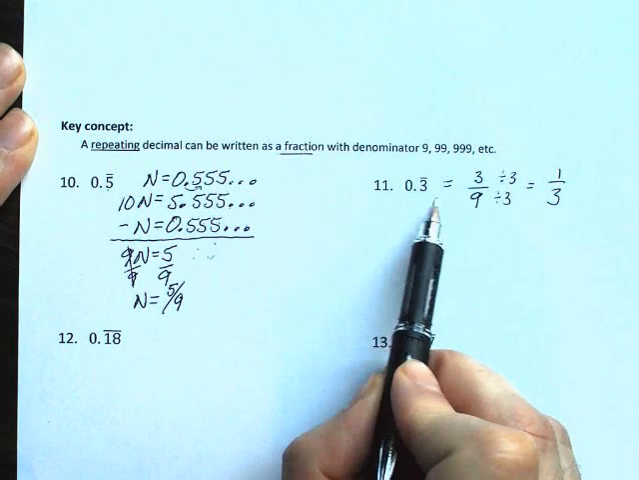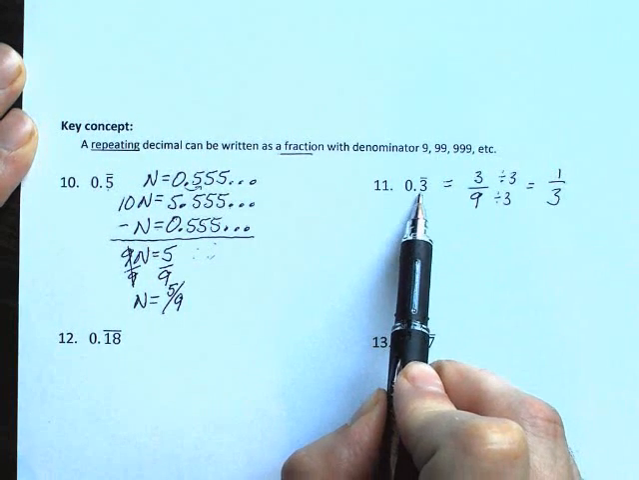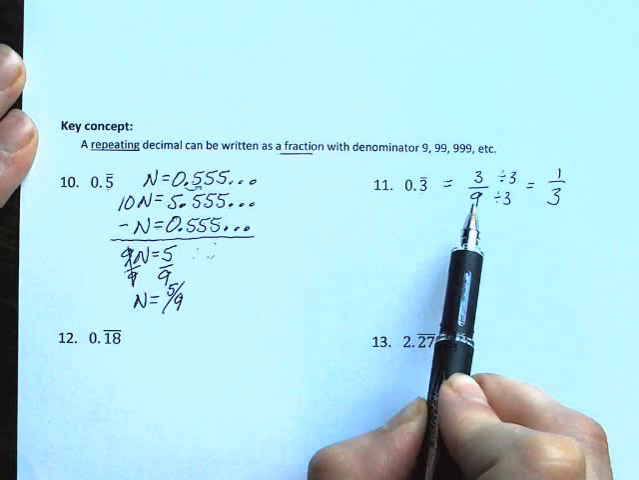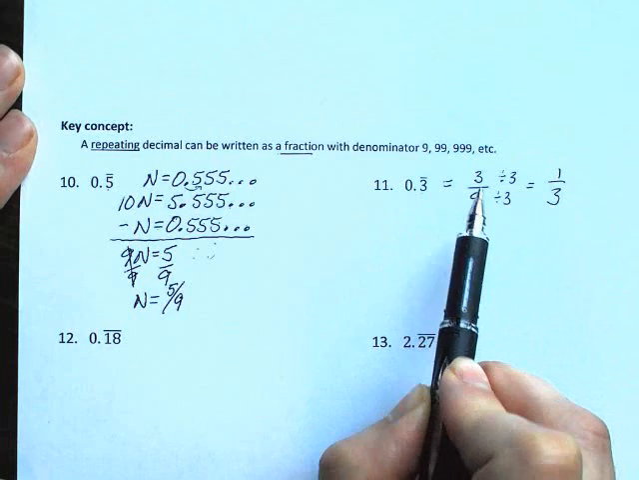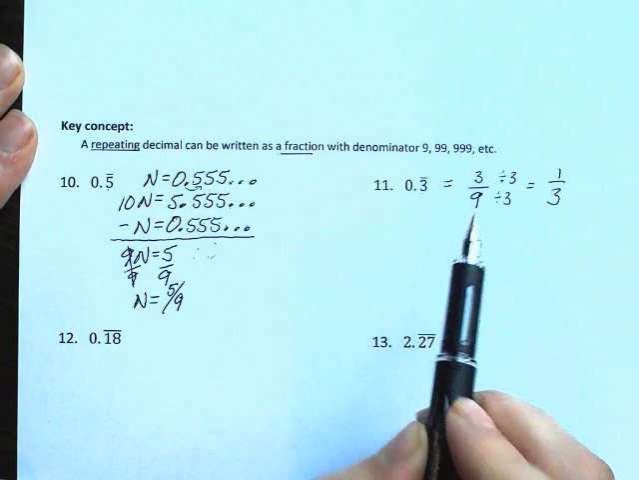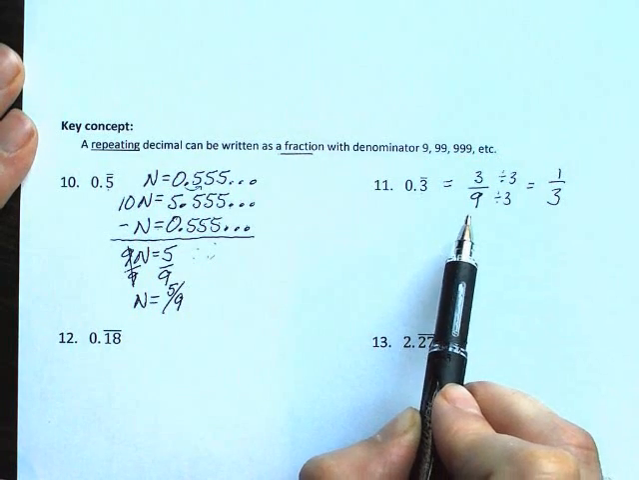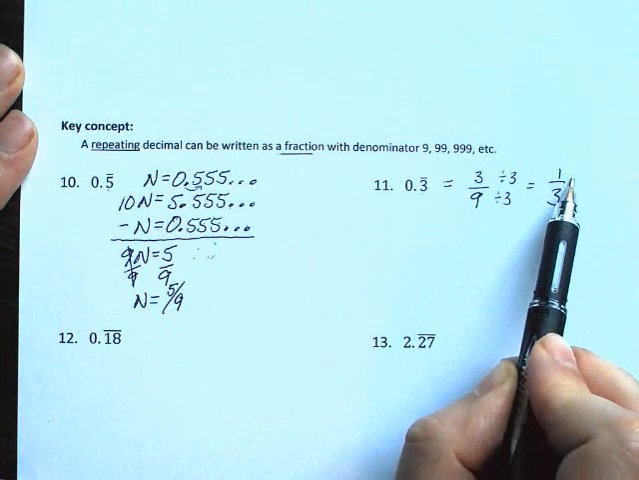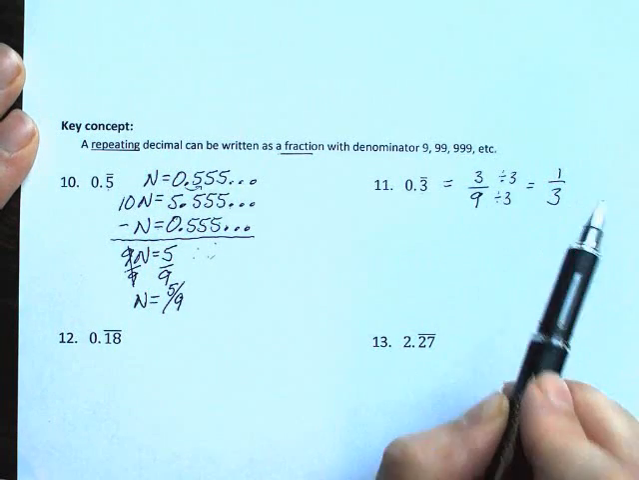And here is the answer to number 11. There was one digit in the repeating chunk, and so I chose to use a 9 as the denominator and had 3/9. Now 3/9 does reduce, and so I divided top and bottom by 3 to get the final answer,